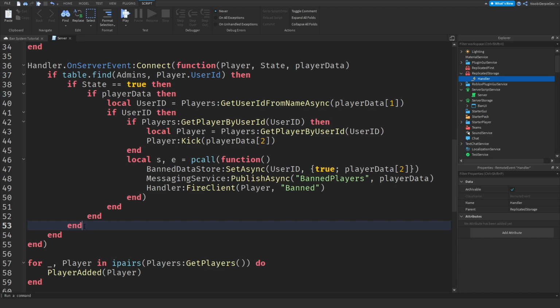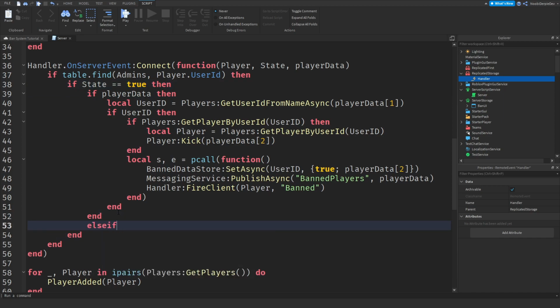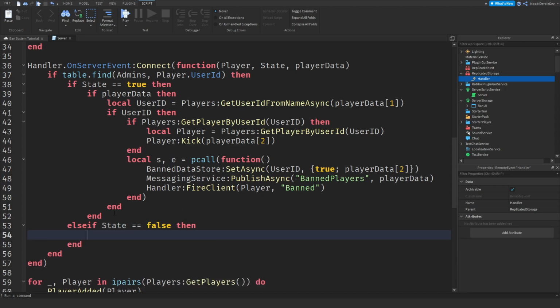Actually this one, I think, it should be on the same line. So I think it's over here. Yep, over here. Else if state is equal to false, then. Make sure that else if statement is the same over here. You should have 1, 2, 3 ends before you have the else if. Okay. If playerData,